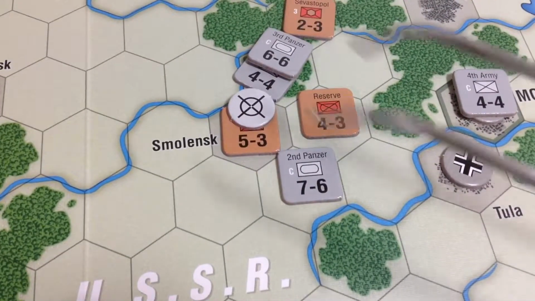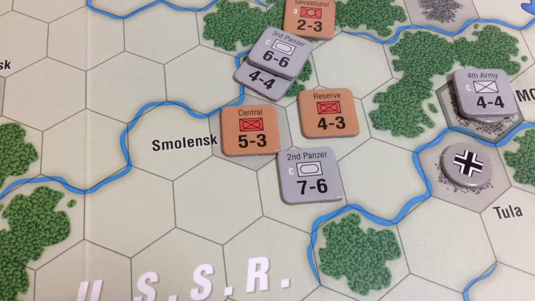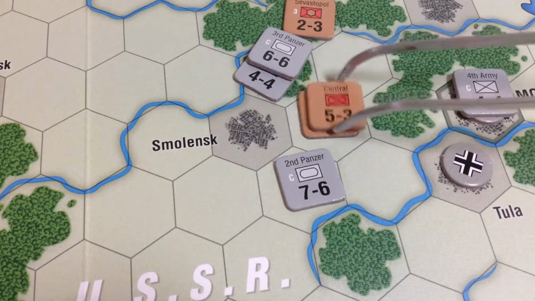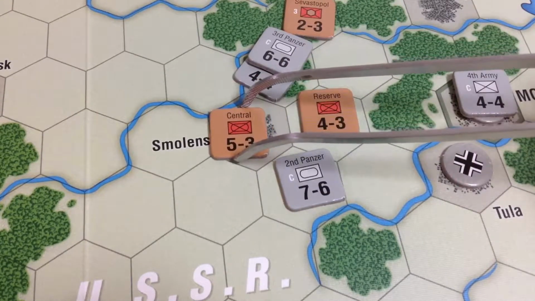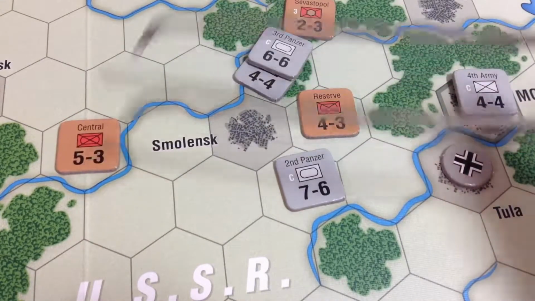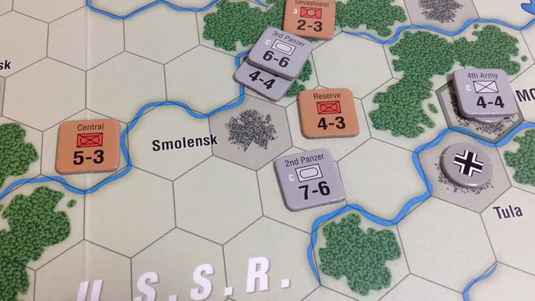Move my freaking camera. Defender retreats. Needed to retreat 2 hexes. Can't retreat into a zone of control. Gonna have to retreat left 1, 2. Ooh, that's unfortunate, because that blows me